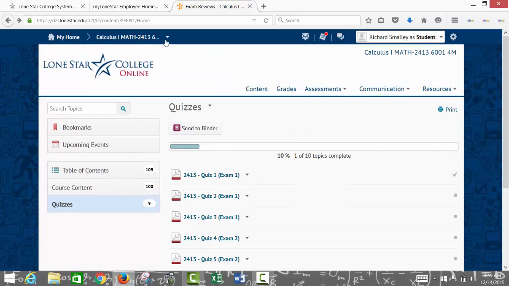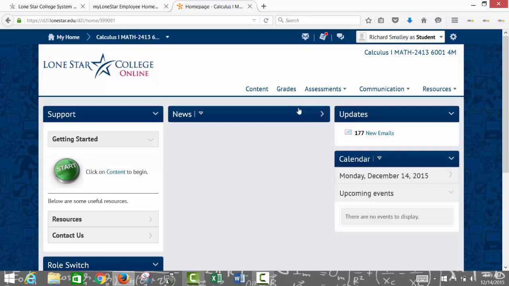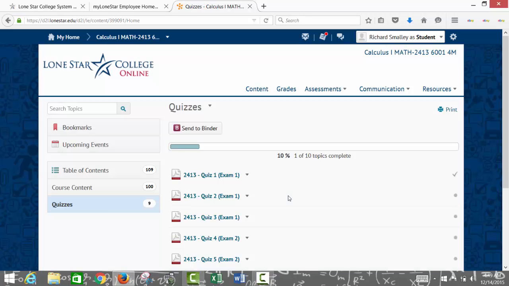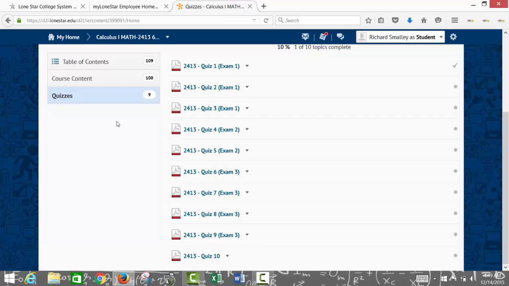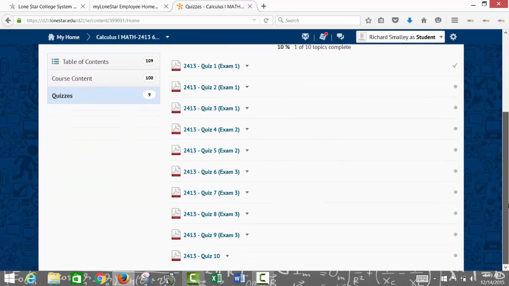let's see, what semester? I think I clicked on the wrong term here. Oh no, it does say quizzes 9, but there's 10 of them there. I don't know what that 9 means, but okay, well that wasn't the right place. Well, there is 10. I added a 10th file, so I'm not sure why that says 9 over there. That doesn't matter. But anyway, the way this works is you go in there, and like I said, it's like